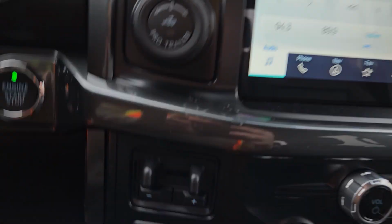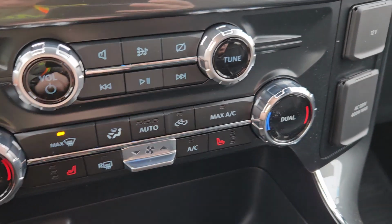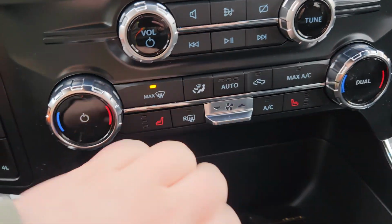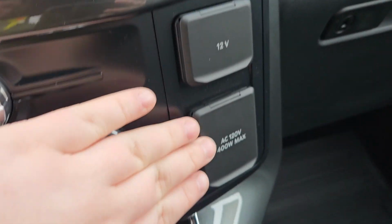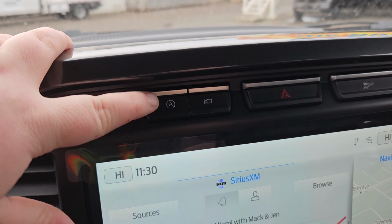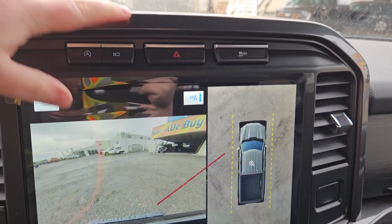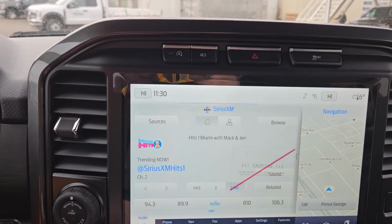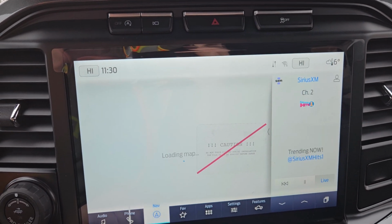Now taking a look over here, you do have your trailer disconnect and your pro trailer assist. You do have dual climates, so no need to fight over the temperature, as well as heated seats. You also have your volume controls right there, your 12-volt outlet, and your 120-volt outlet right there. You have your auto start and auto stop, your 360 look at the vehicle, your hazards, as well as your traction control. Looking at your main menu here, you have your audio, your phone controls, navigation so you don't get lost,